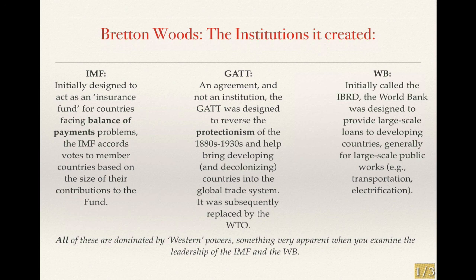From the 1880s onwards, many countries had put up trade and tariff barriers so that imported goods would cost more than goods made domestically. This was a contributing factor to the Great Depression of the 1930s. And it was thought that by encouraging free trade, countries would be more and more tightly tied to each other, and ultimately less likely to go to war.